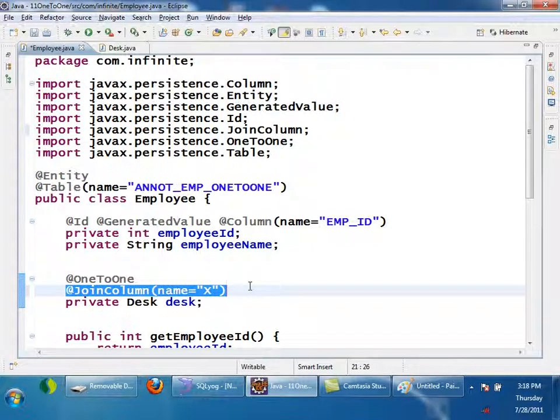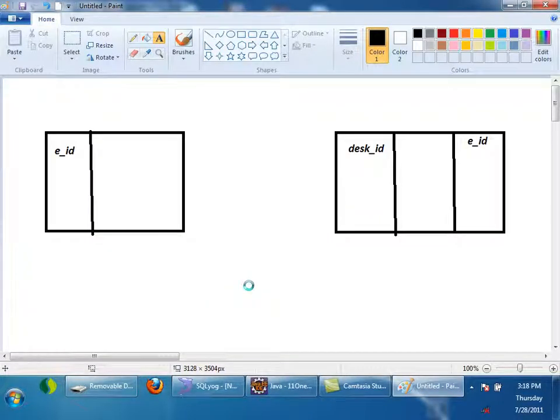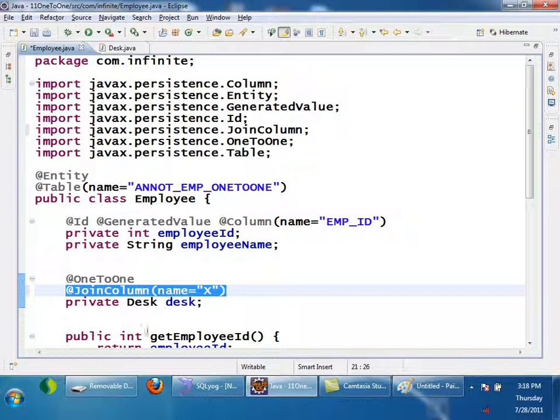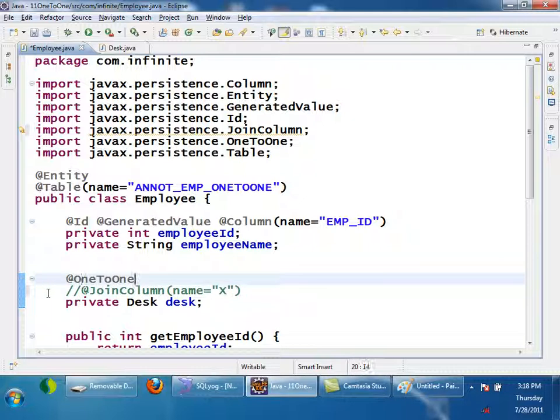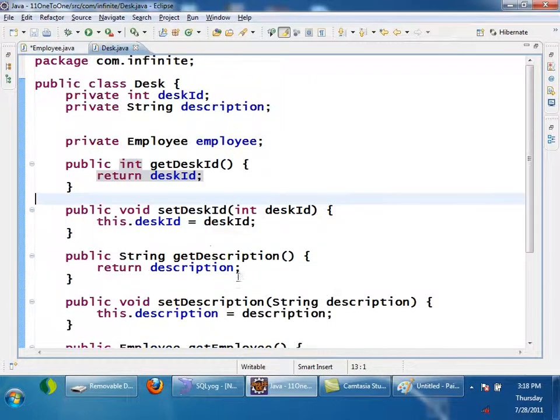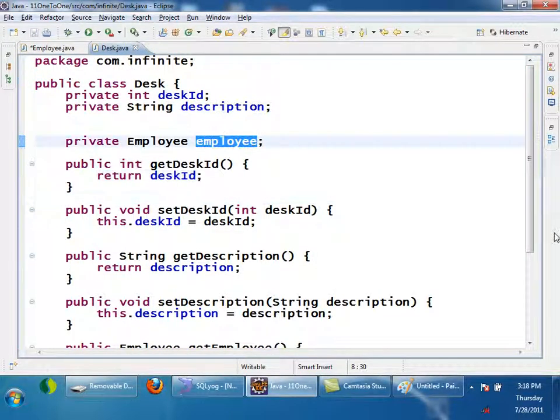I want the foreign key to be present on the desk side, right? So now I will not talk about any foreign key column here. I will comment this. I will be configuring the join column on the other side only. So I will say mappedBy, meaning the mapping is on the other side, on top of which variable? The employee variable.